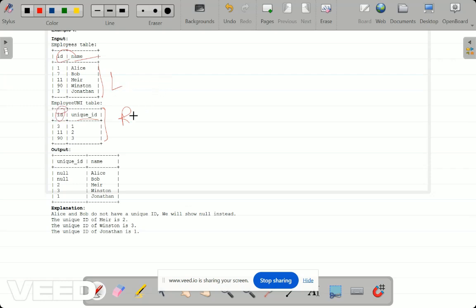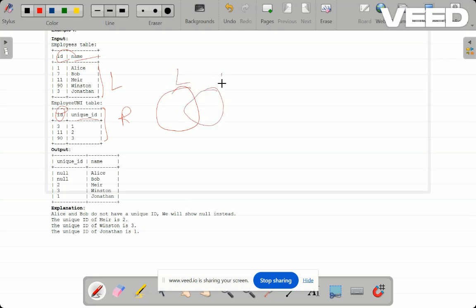They want to get all the employees' unique IDs. So in this table we want all employees, the entire left table, and also from the right table, the unique ID of the employees if they are present. If you think of the joins concept, this is the left table and this is the right table.